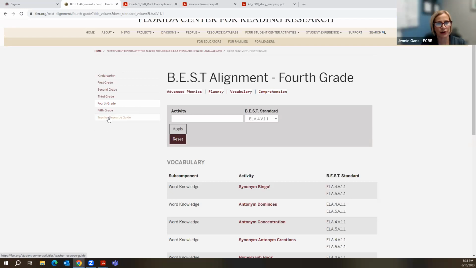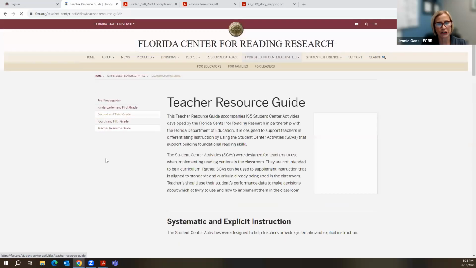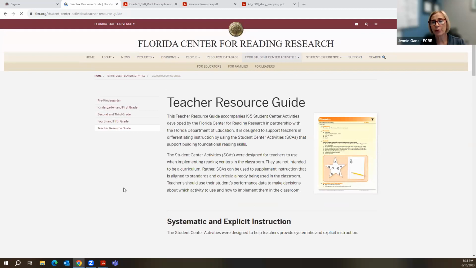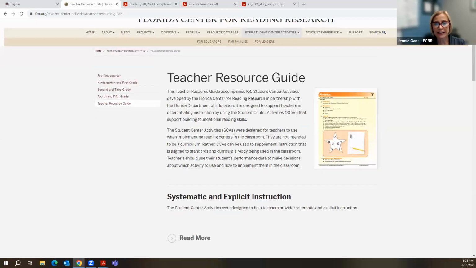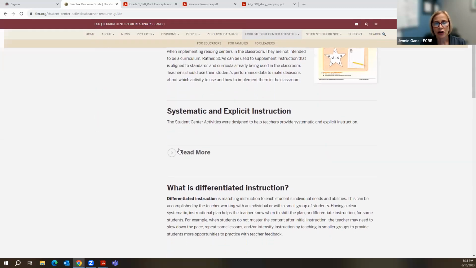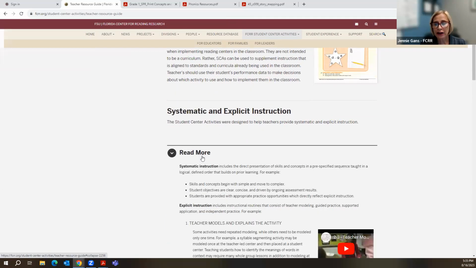That's right, exactly right. While we're here on our activities, I'm going to click on the teacher resource guide. If you remember, no matter where you click from, whether it's the aligned activities or the regular Student Center activities, meaning standards agnostic, you will see the teacher resource guide at the bottom option of every single one of those tabs. And this is what it looks like. When you get to the teacher resource guide, you will see all of these drop down arrows. When you click on them,